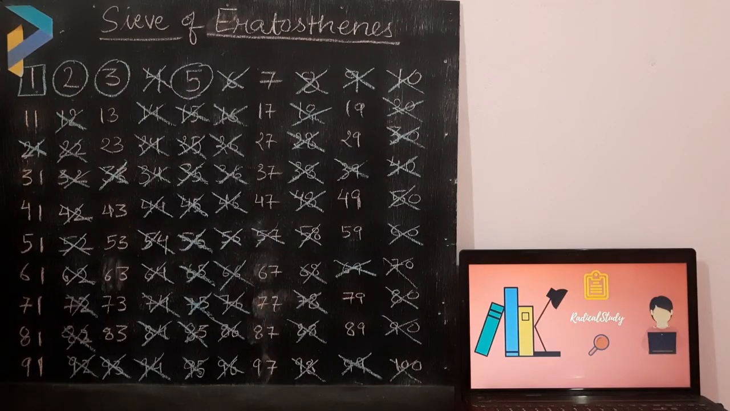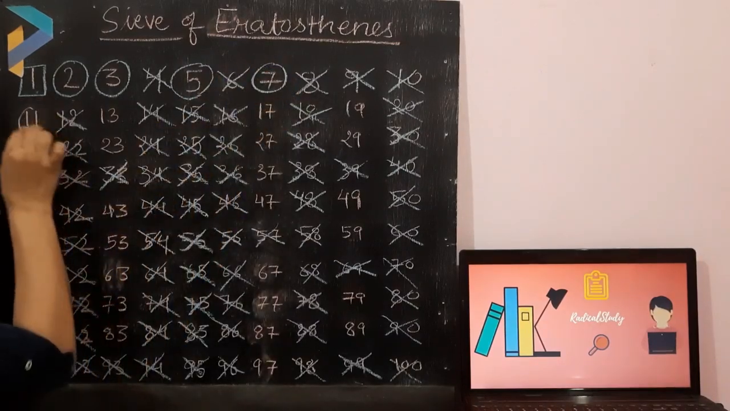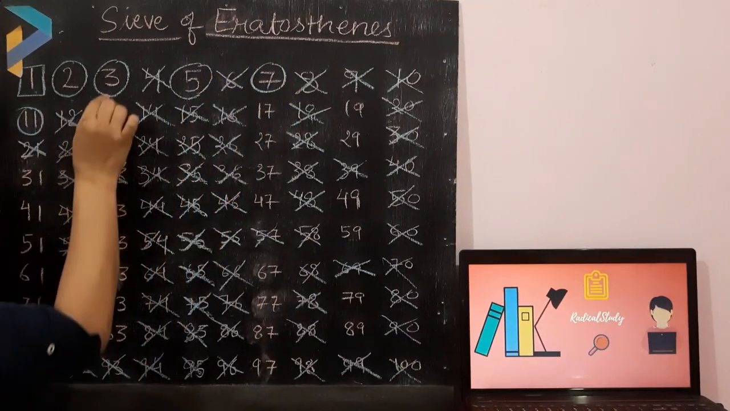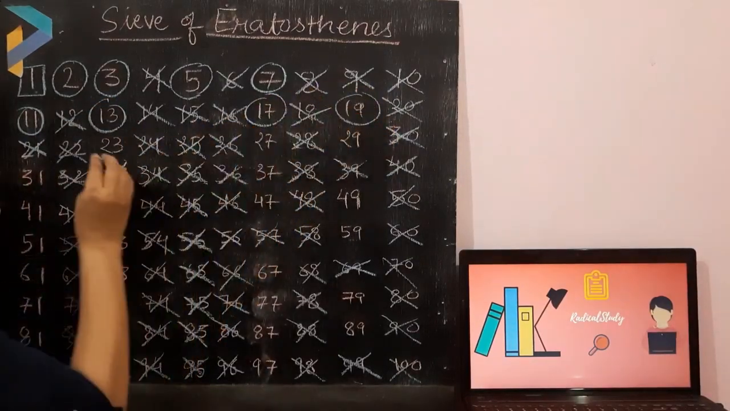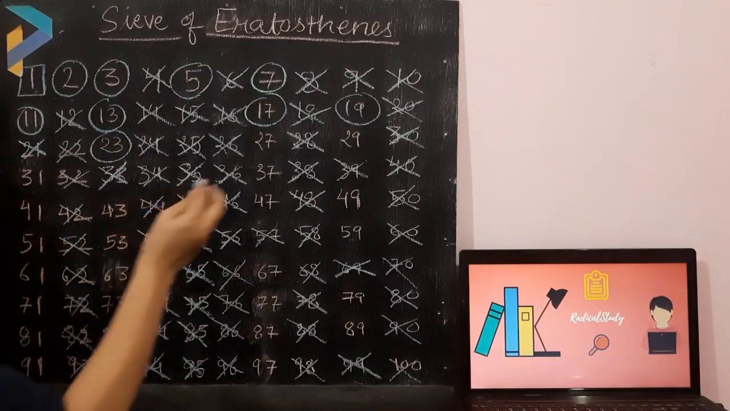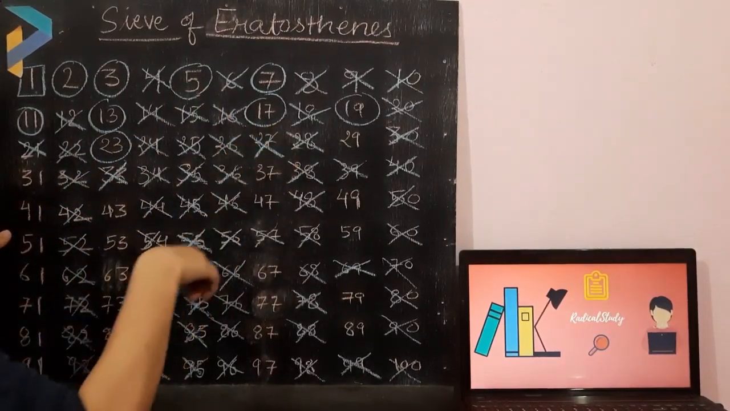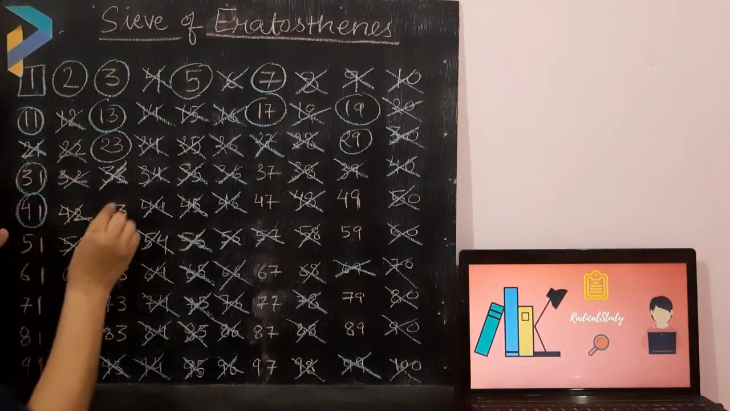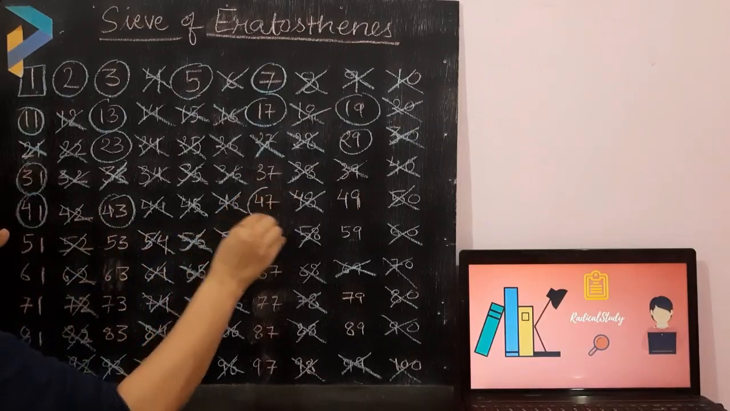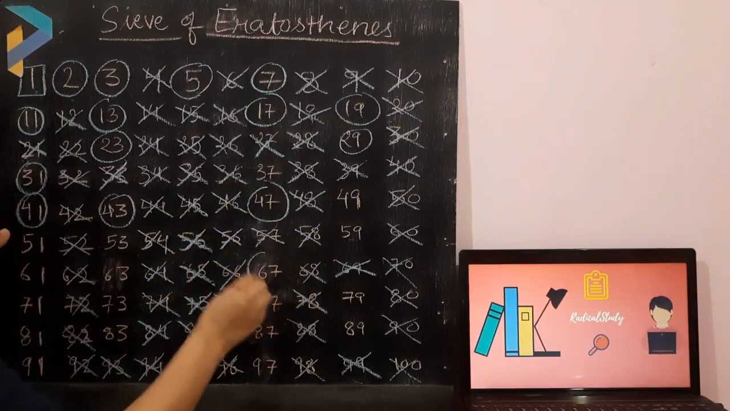Now, how many numbers are left? We have to check whether they are prime or not. 7 is prime, so I will encircle it. 11 is prime, so I will encircle it. 13 is prime, 17 prime, 19 is prime, 23 prime. 27 is a multiple of 3, so we will cross it. 29 is prime, 31 prime, 41 is prime, 43 prime, 47 is also prime. Now in this line 67 is